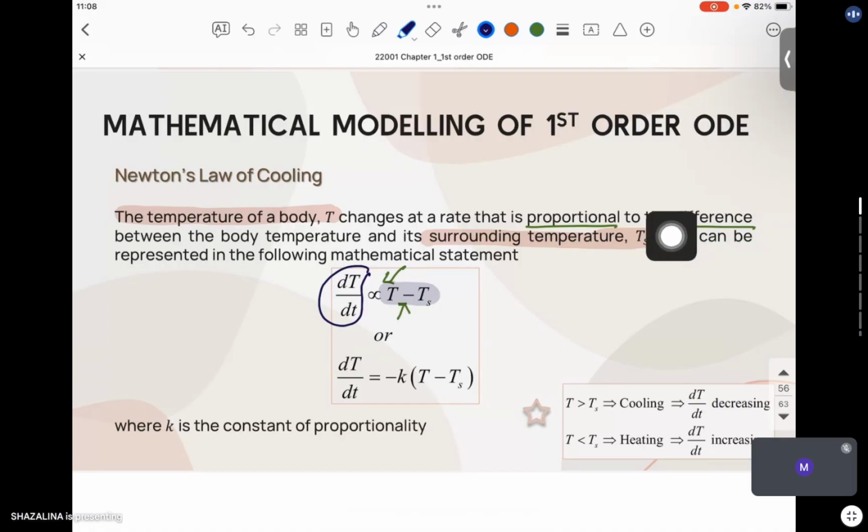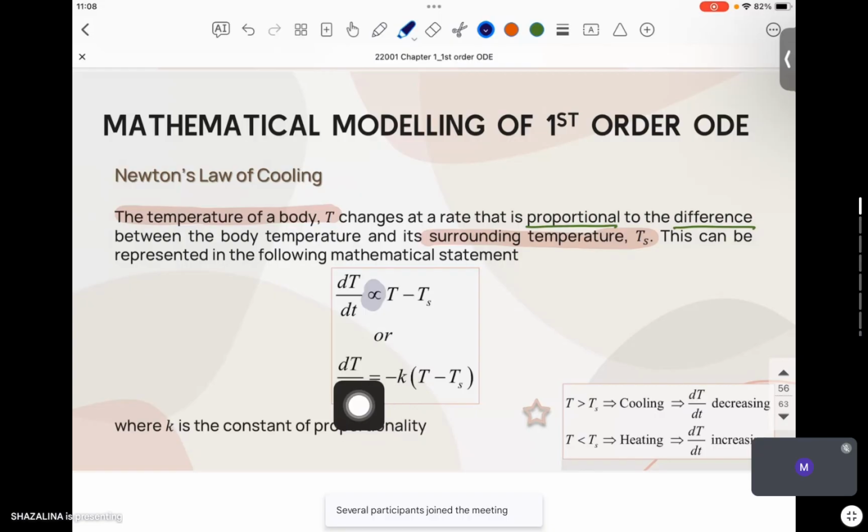Okay, since kita dah belajar, we have learned about differential equation. Okay, yang ni semua ni, this is not differential equation. Sebab apa? Because of the proportional symbol. Definition of differential equation must have, kena ada equal symbol and also must have derivative. Untuk case ni, we already have the derivative but we don't have the equal symbol. So kita kena convert lah the proportional to the equal symbol by add on constant. Okay, suppose kita boleh add je